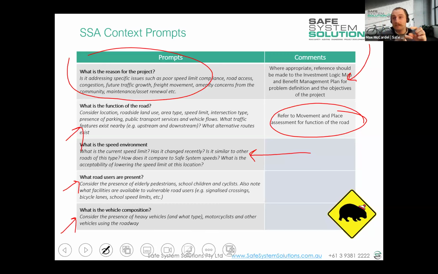So within the Safe System Assessment Matrix, if you are mentioning that in the future case scenario there is going to be additional pedestrian demand or induced demand due to additional developments and things like that,